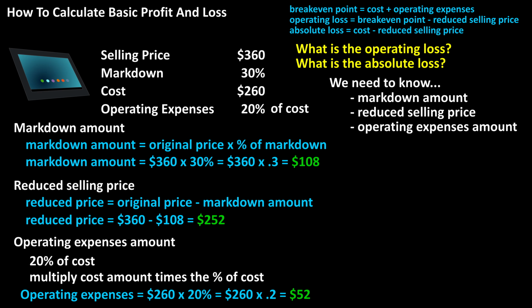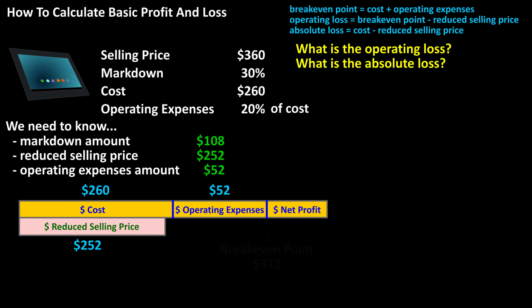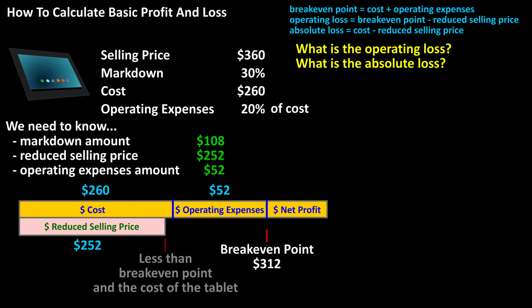Let's look at this visually as I put this in a chart. The break-even point will be here, $312. The cost of $260 plus the operating expenses of $52. We have a reduced selling price of $252, which is less than the break-even point and even less than the